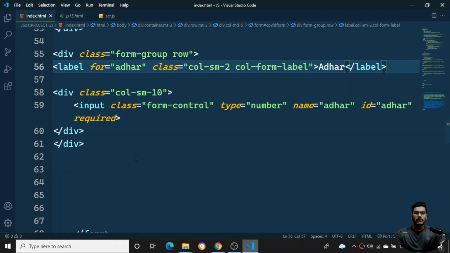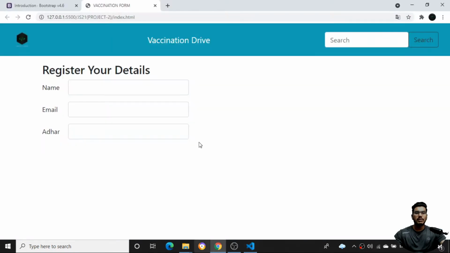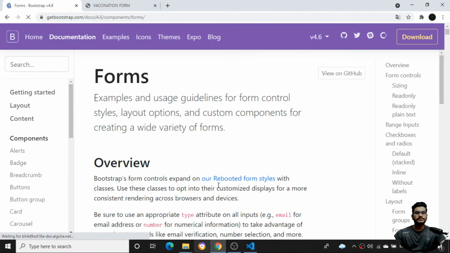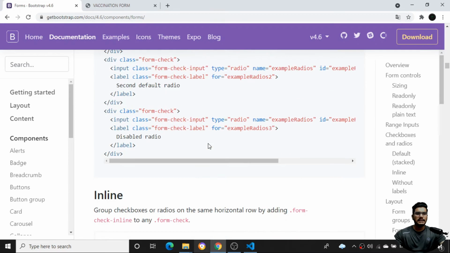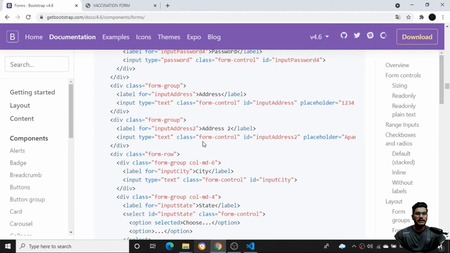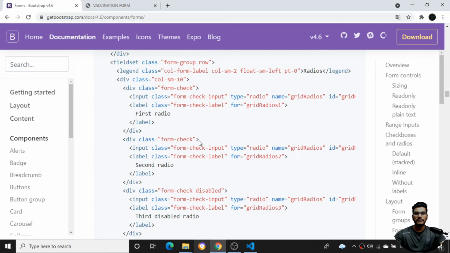Once all these things are done, now I need to look at the radio buttons, like whether the gender is male or female, where I want to select from particular buttons. If I go to Get Bootstrap and search for forms, you can see we have a number of forms here. I'll go a little further down. This is the form I have been using. You can even copy from here; the code is written over here.